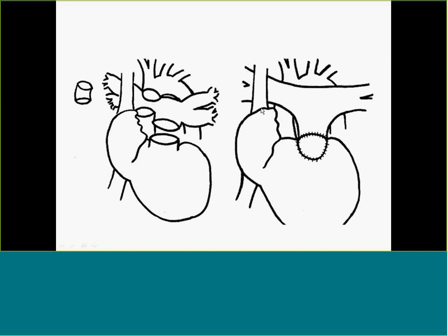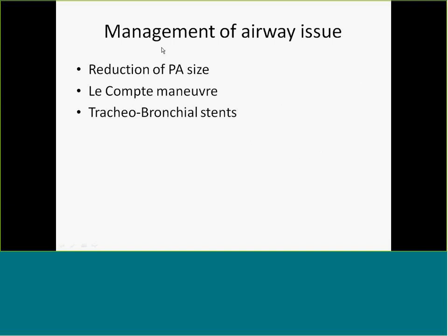So management of the airway is involved. Sometimes you do PA plasty, that is, you reduce the hugely dilated pulmonary artery, trimming the extra tissue. Second, combined often with the Lecompte maneuver, where you bring the pulmonary artery bifurcation and the right pulmonary artery in front of the ascending aorta. Finally, more recently, expandable bronchial and tracheal stents are being used to keep the airway patent in absent pulmonary valve syndrome. Okay, so